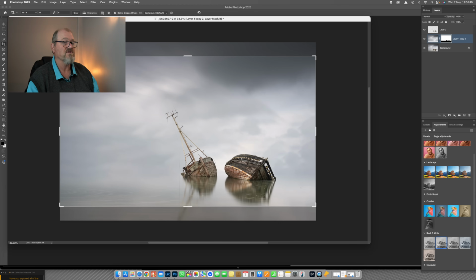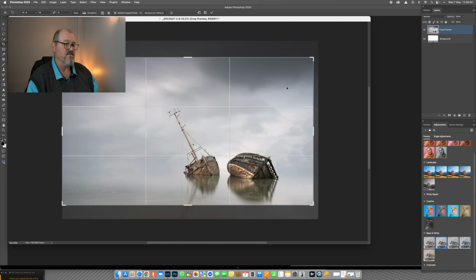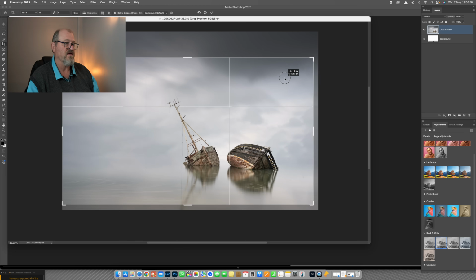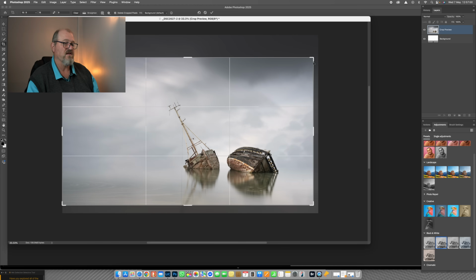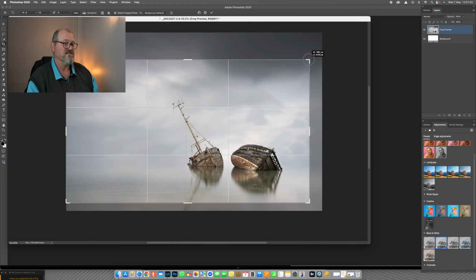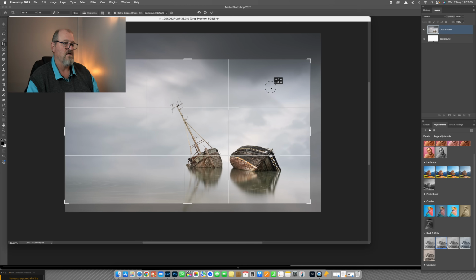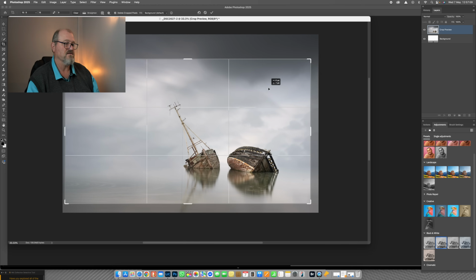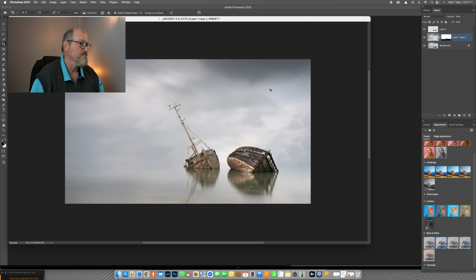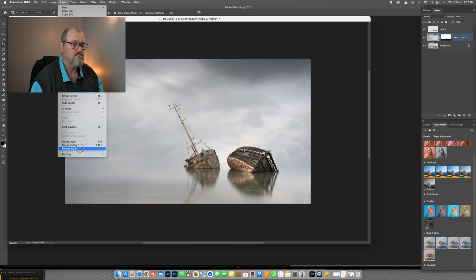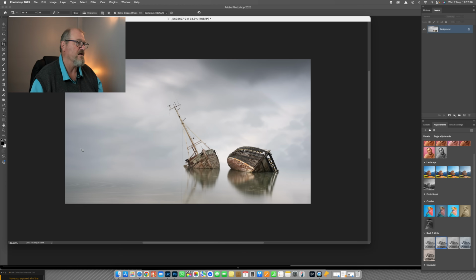And then once again, I'm just going to bring this down. Okay, a little bit lower there. Bring the boats into the rule of thirds on there. And I like the negative space on the left hand side. Going to bring it a little bit more on this side there. That's nicer there. Going to bring that up. And I think that's not a million miles away. Okay, that's good. There you go. So I'm going to flatten that. And I'm going to go file, save as,